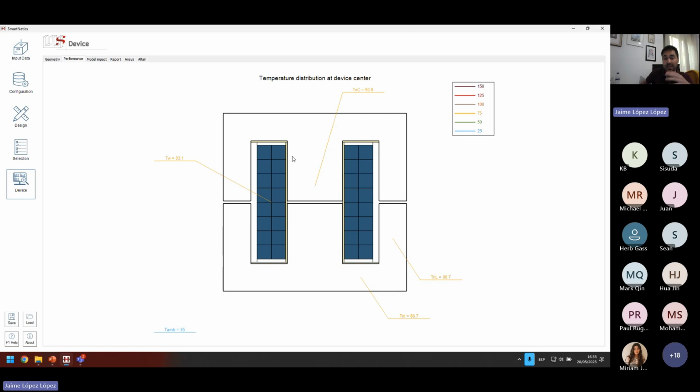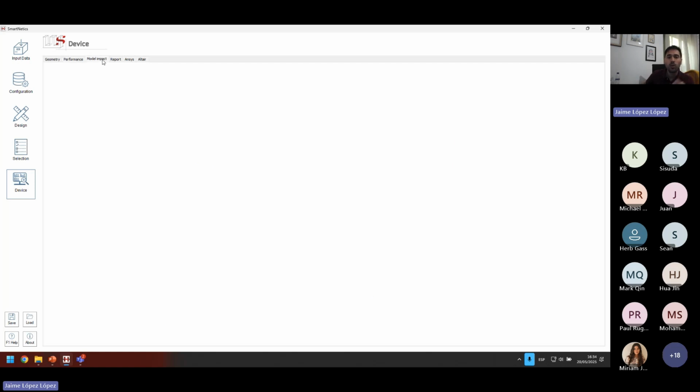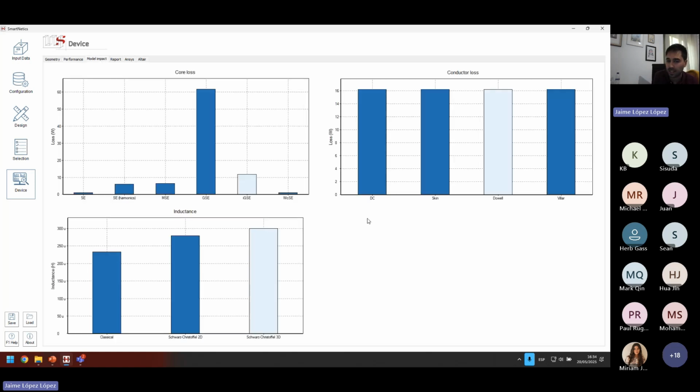And the next step is, since everything is analytical, and since we're using a model for everything, you can check how good or bad was the model you selected. In this case, as you can see, in blue is the calculation for the same device, but done with every model, and in a brighter color, a lighter color, is the model that you selected.